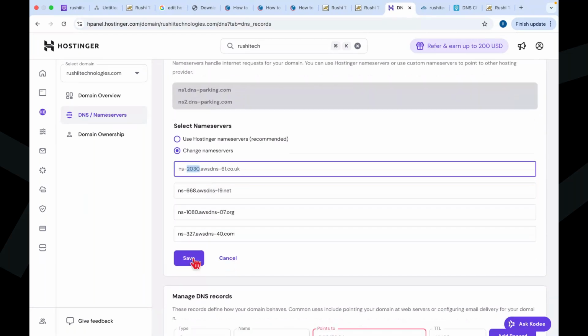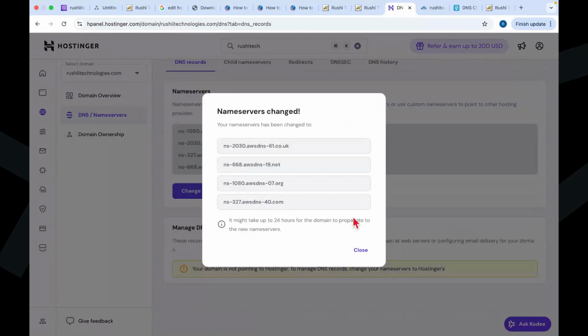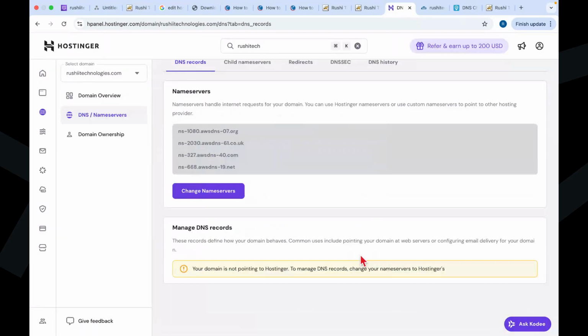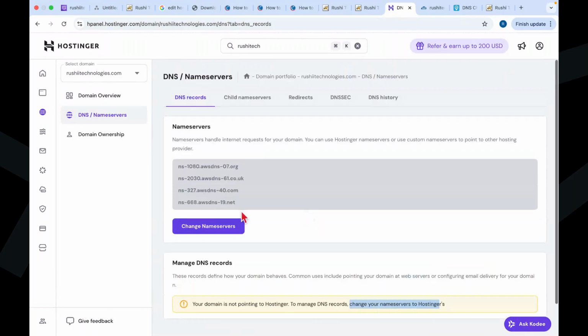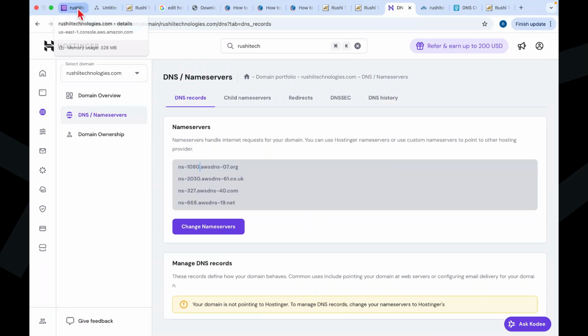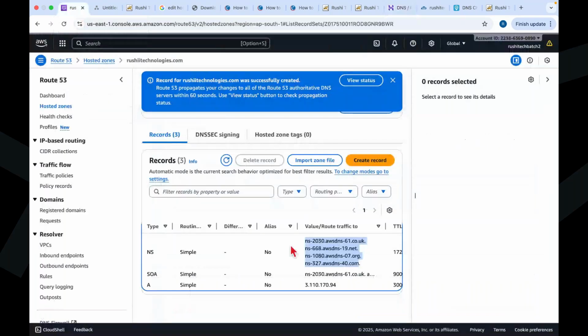Now these records will not be used by Hostinger. Now your domain is not pointing to Hostinger. To manage the DNS records, you have to change to Hostinger. But I am using Hostinger just for the domain, and the mapping I am doing in AWS Route 53. So that is what I have done. Now again, if I go back to this, here I have created a record,